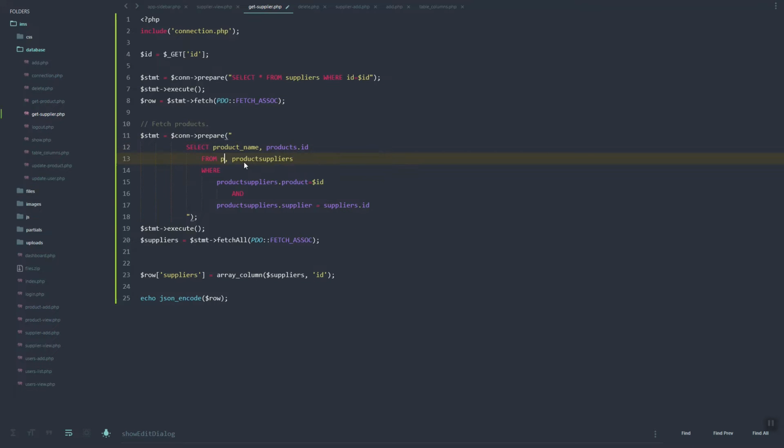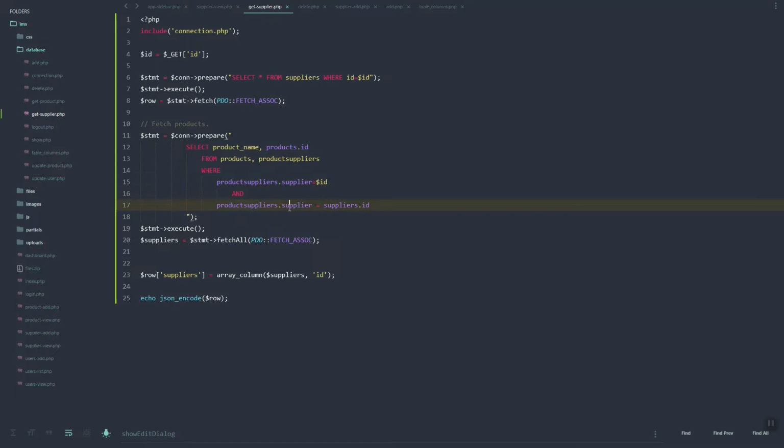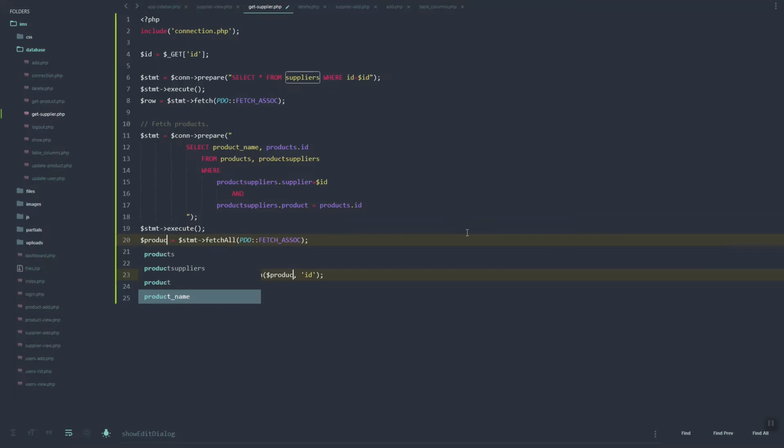So here we'll need to have the products table, and then here product supplier, instead of product we'll use supplier, and product supplier that product is equals to products.id. So now we'll have, let's update this one, products, and then here